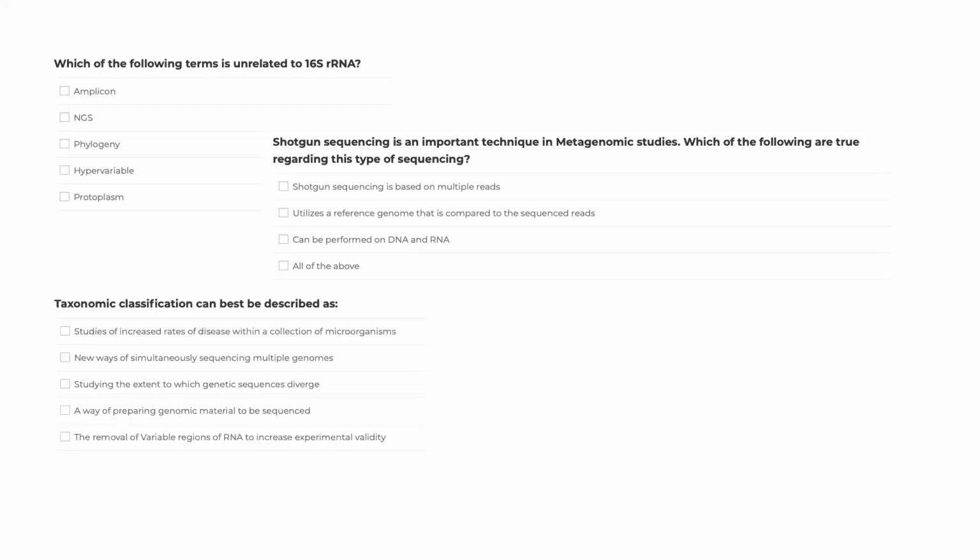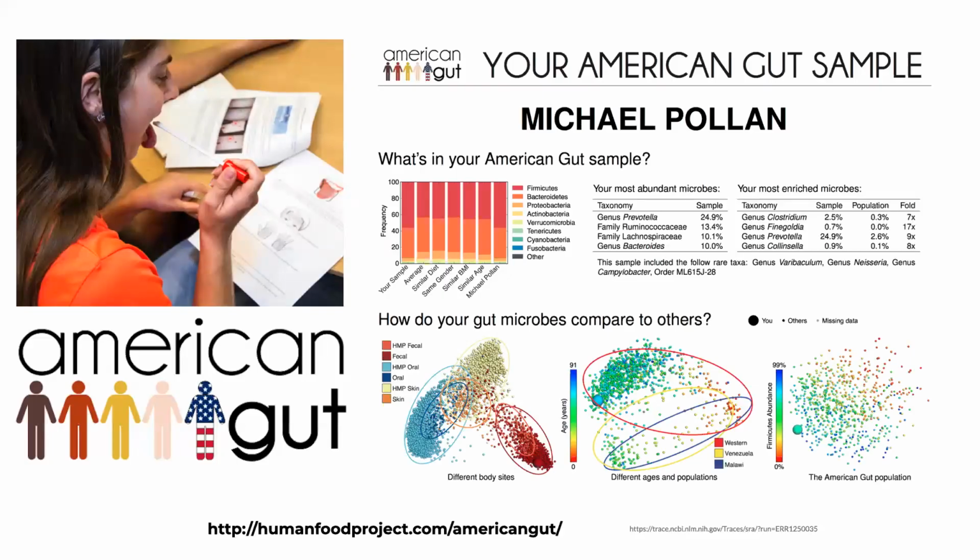So it looks like you all have a head start. Now in Metagenomics 1, there is a project example. That project example is from American Gut. American Gut is a citizen science project